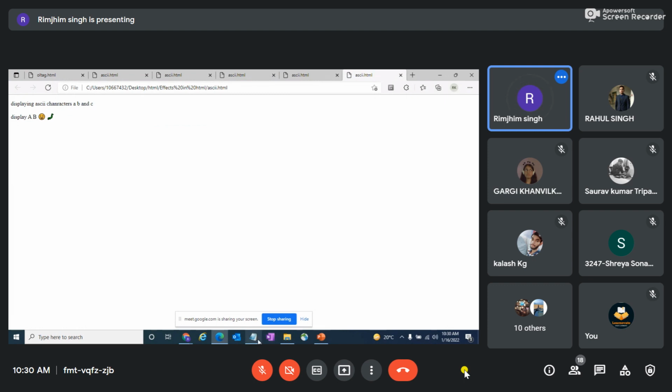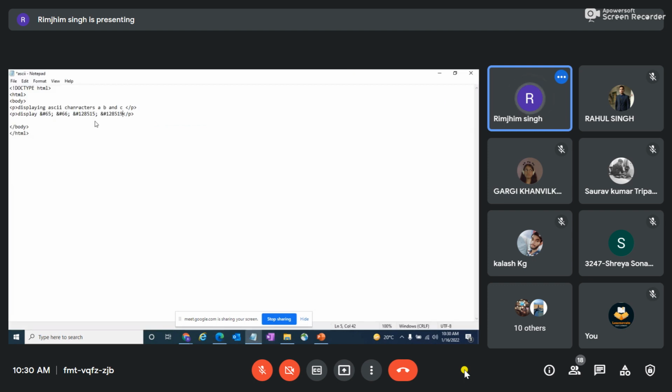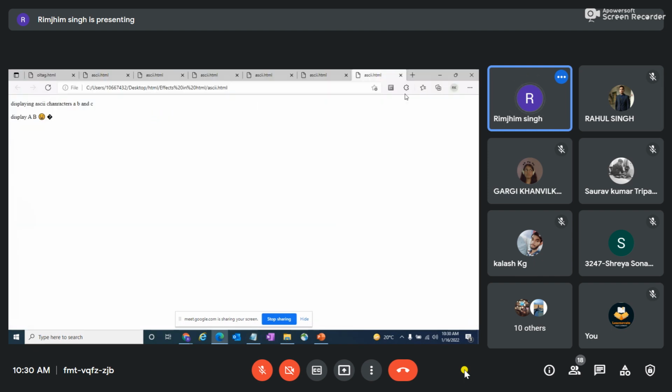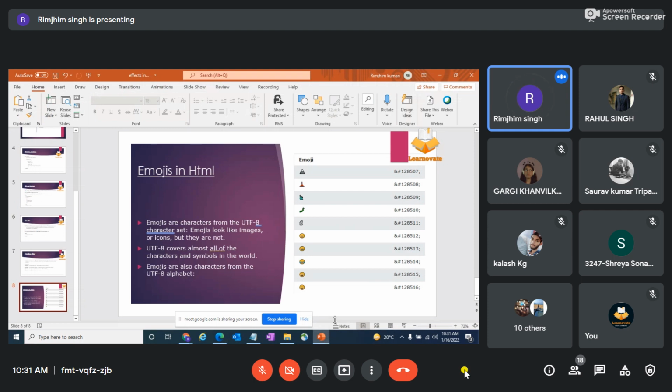Let's try 190 and see if it is valid or not. As I told you, there are a lot of UTF characters assigned to the emojis, so accordingly you have to look, and whatever you want to use, you can just use it.